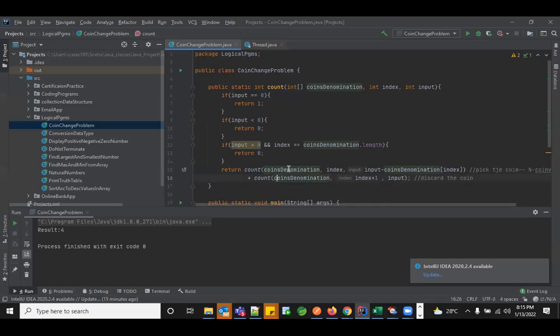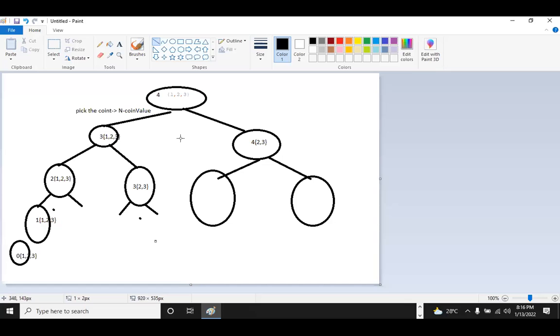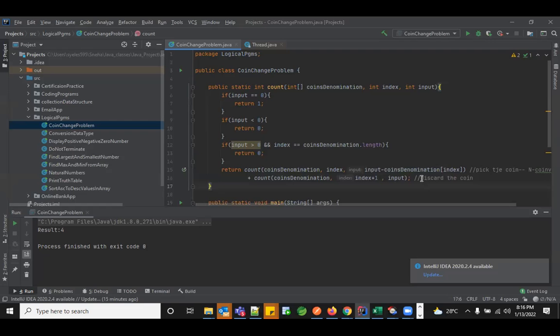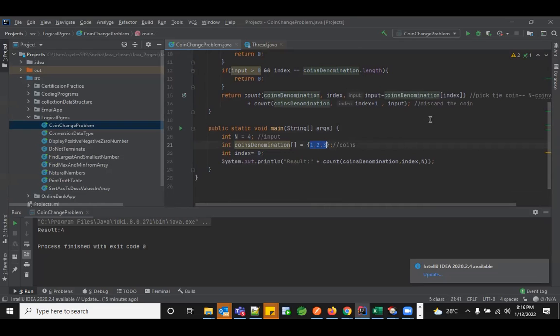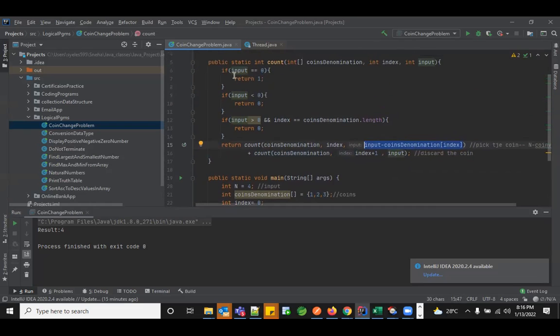So first, in the same count method, I'm calling the same input. And in the index, I'm predefining it with 0 because this is the initial level. Now I'm subtracting the coin denomination of each value from the input. Whatever you get, 1, 2, 3, I'm going to subtract each time. I'm going to achieve the result set of either 0 or 1 or less than 0.